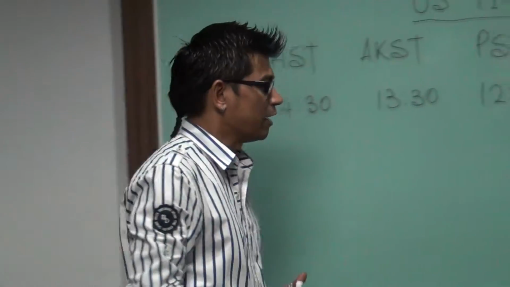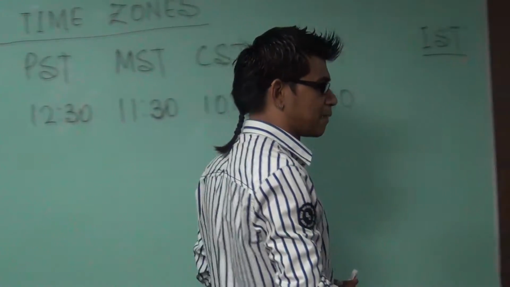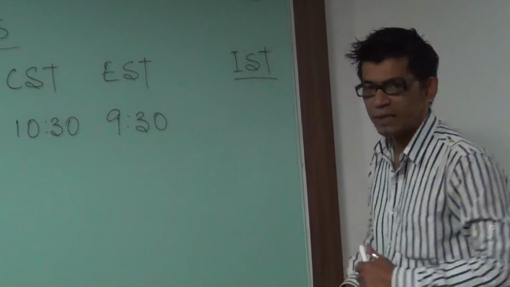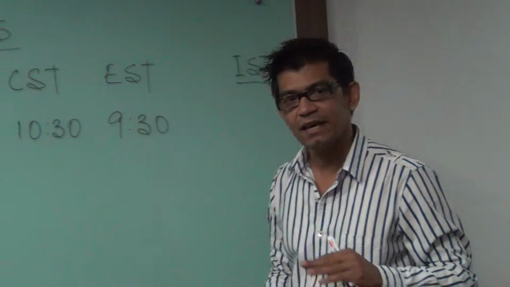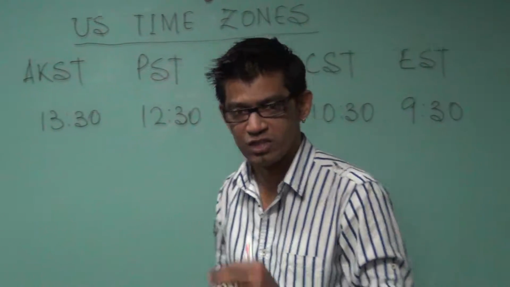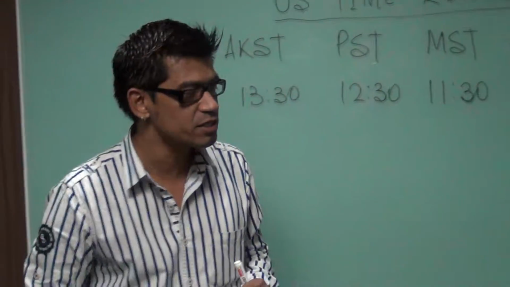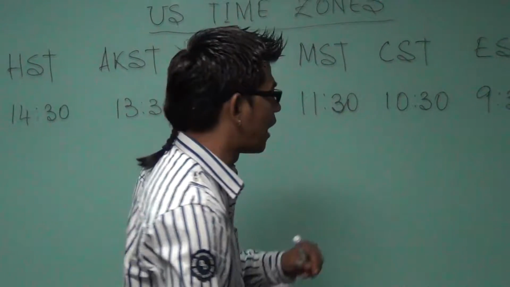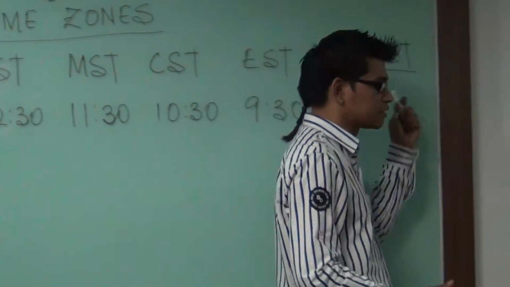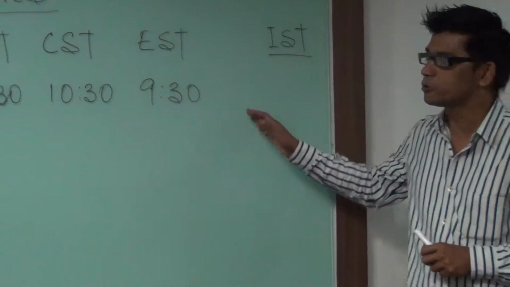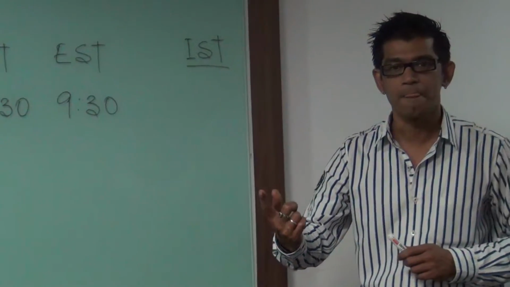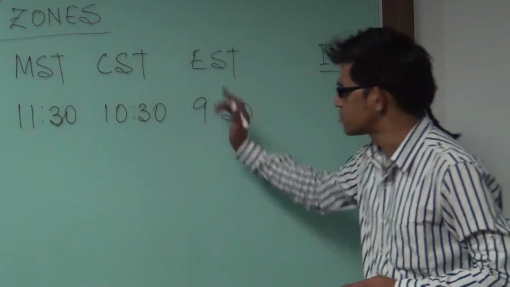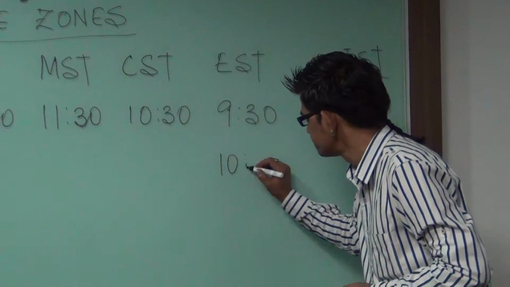Right? Now, we all know that there is something called daylight saving time. Okay? So what we do is, in the second week of March, the second Sunday of March, we get our clock ahead by 1 hour in the US. So the difference between IST and these time zones increases by 1 hour. Okay? Now, the difference becomes 10.5 hours,